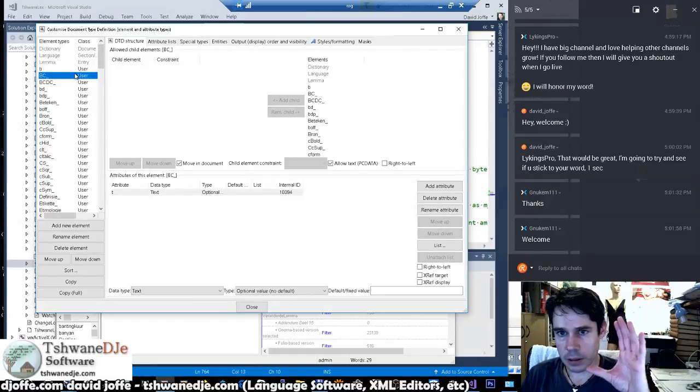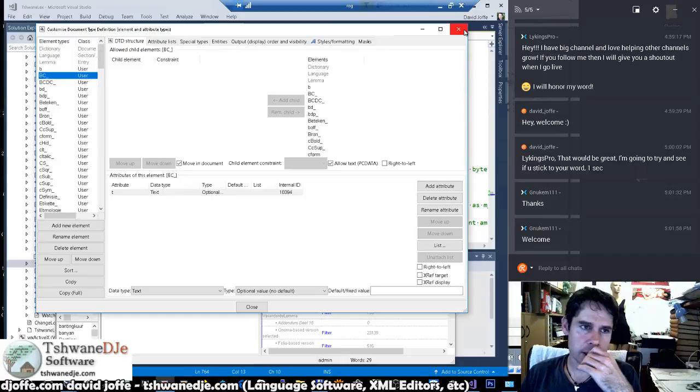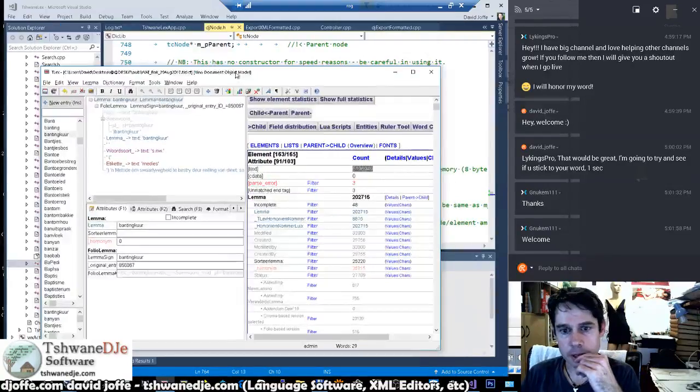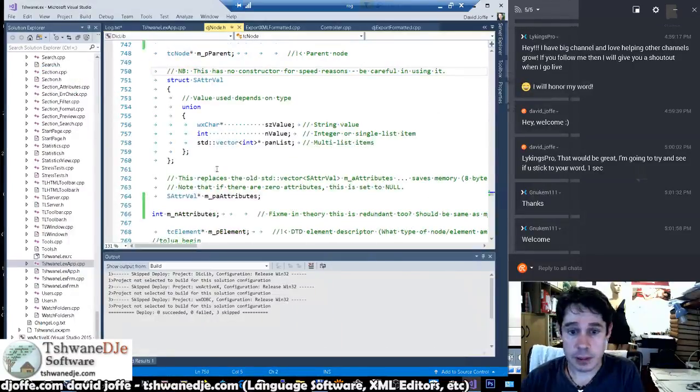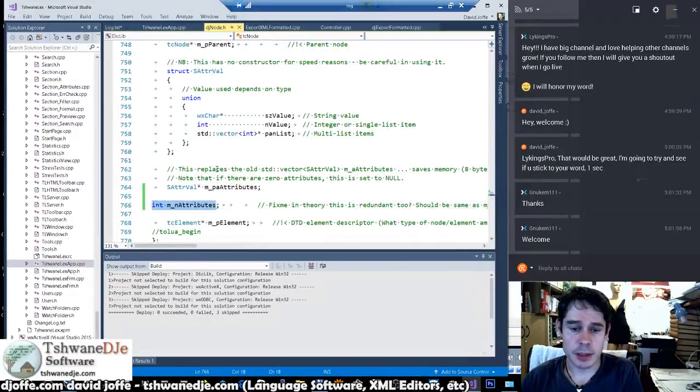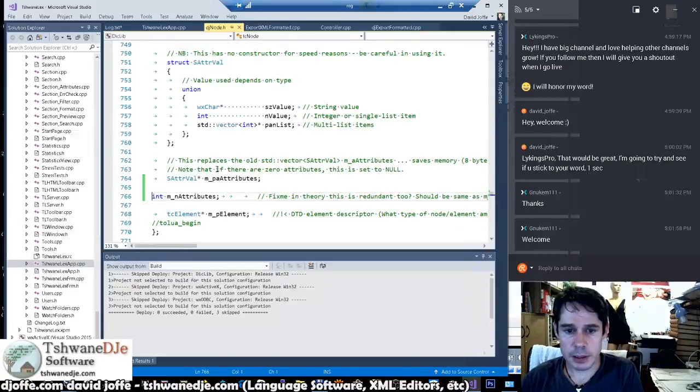64-bit doesn't necessarily need to massively increase the RAM usage if we're smart about it, because a lot of these things can stay 32-bit values. In fact, some of them, like the number of attributes, could be a 16-bit integer, but that doesn't trim anything because of the padding. Does it? Well, I wonder. It could, because we could use the